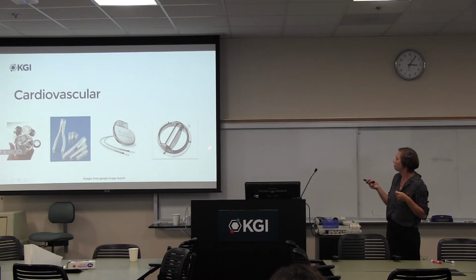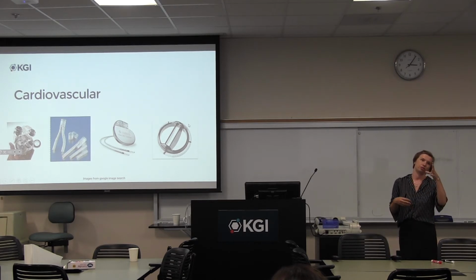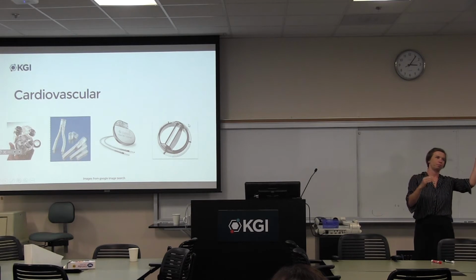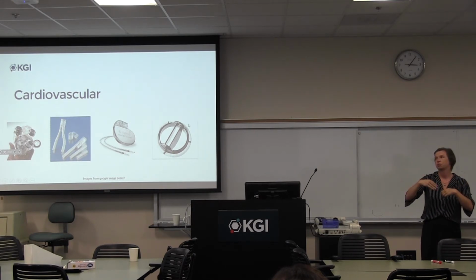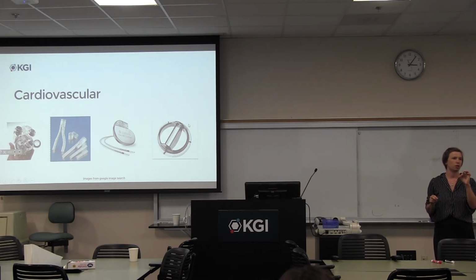Heart valve, so this is a mechanical valve. This is the part that makes the fluid go in the right direction instead of backwards, right? If you just squeezed it, some would go back into your lungs and some would go into your body. So your valves keep track of which direction the blood flows. The original one, from Edwards Lifesciences, the Starr-Edwards valve, was the first one. It looked like a small ping pong ball in a metal cage, and they would cut open your entire chest, stop your heart, put that thing in there, and close it all up.